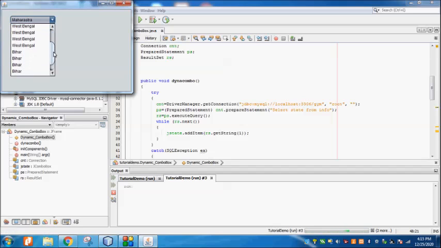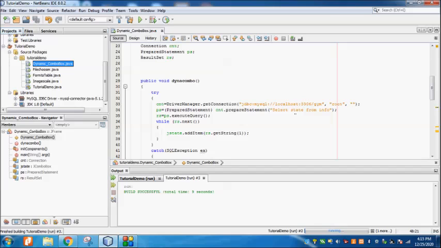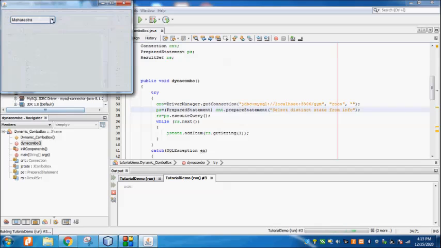You can see Maharashtra, West Bengal, Bihar, it is coming like that. So you do one thing, select distinct state from info. Again right click, run. Maharashtra, West Bengal, Bihar. You can see that.